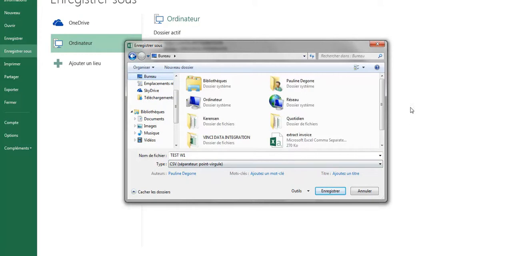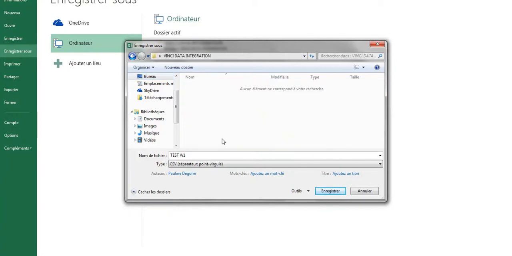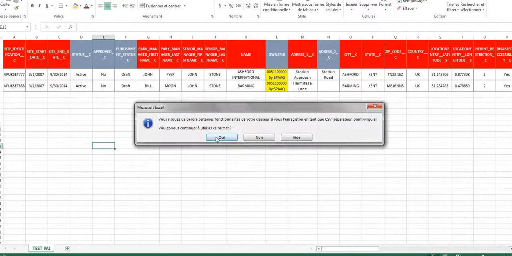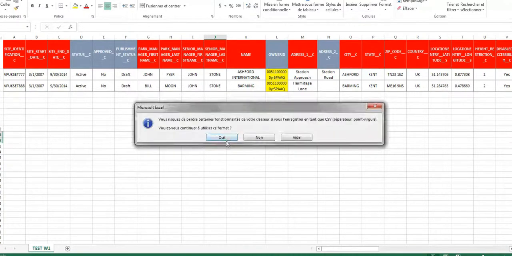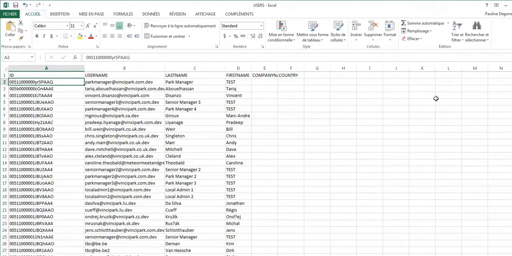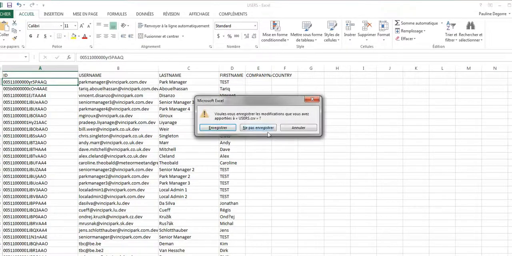I have put English regional parameters on my computer so that it will always save a CSV with comma as separator. So I put this CSV here. I register. Yes, I want to save it as CSV. I can close my file.